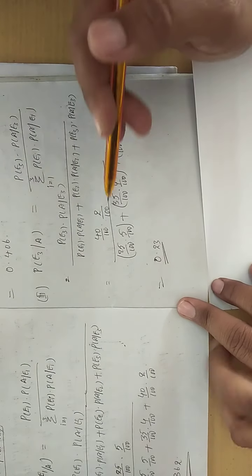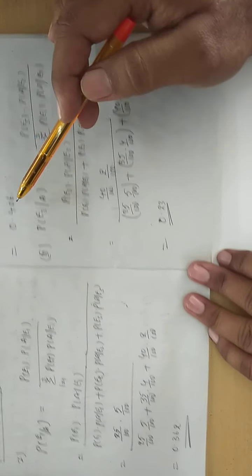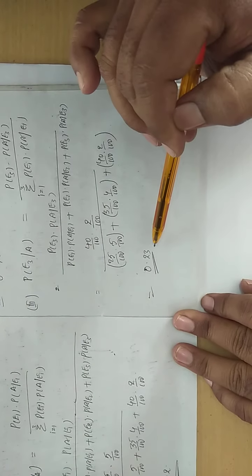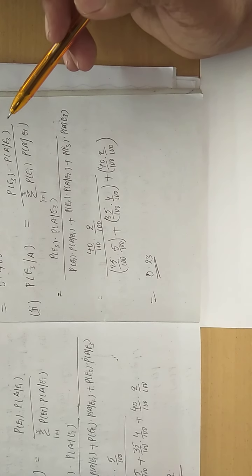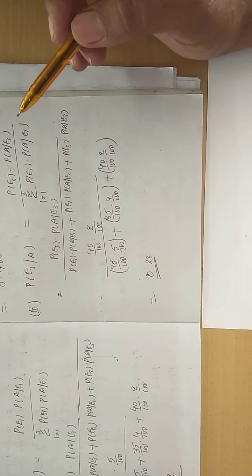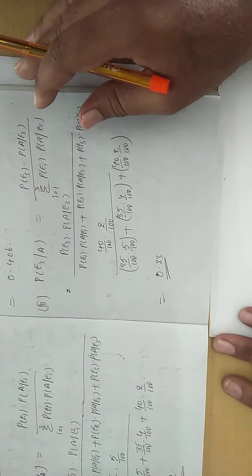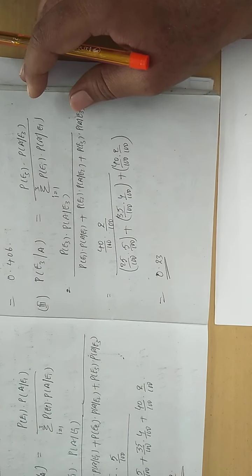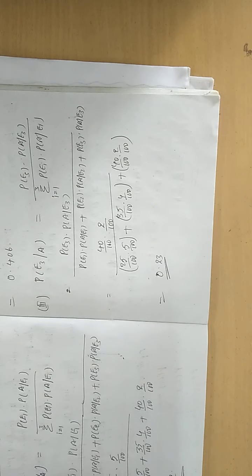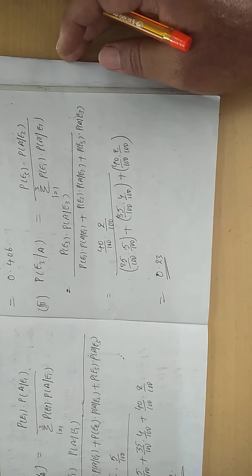How to check whether your answers are correct or not? You add 0.362, 0.406 and 0.23, and you will get almost 1, because the total probability should always be equal to 1. That condition is mandatory in the entire probability concepts. So this is one of the applications of probability problems.